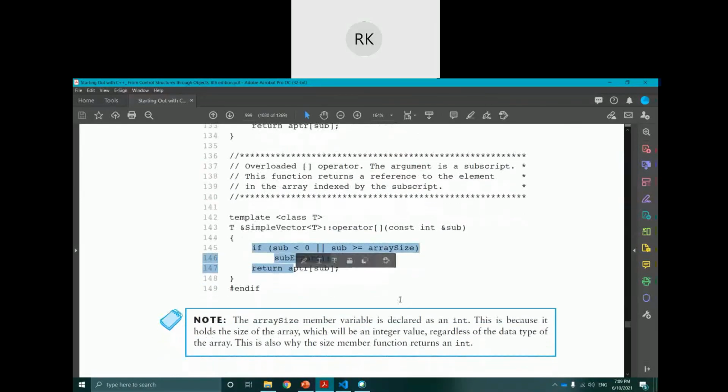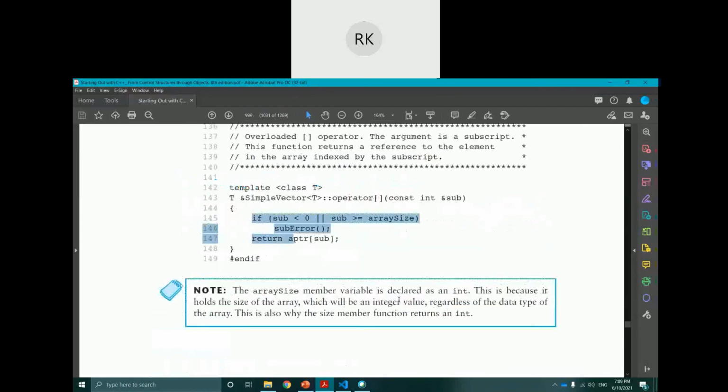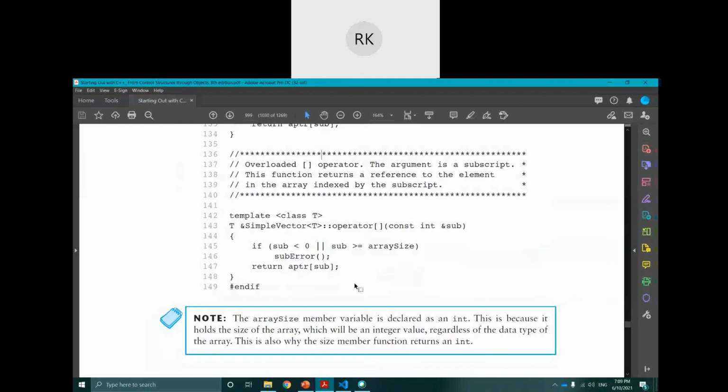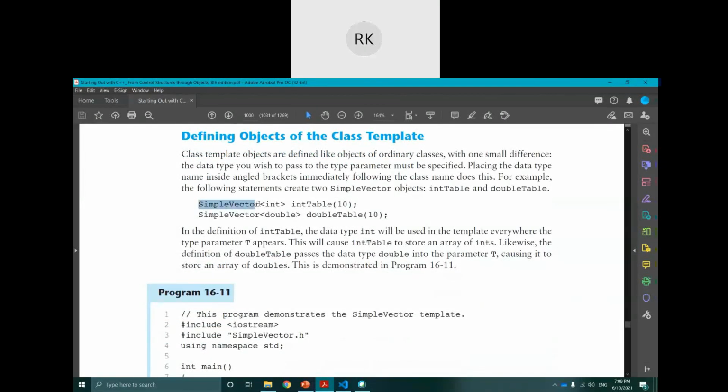Now, another point: once we define a template of a class, the second step will be to create objects of that class. So how do we create objects of that class? You see the class name, and what T was used, that T should be replaced by integer. This is the difference. Previously we were just using the class name and object name. Now we want a value for the T. So this angle bracket value will replace each T in the class.